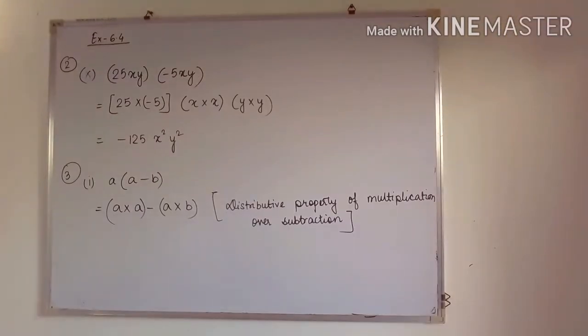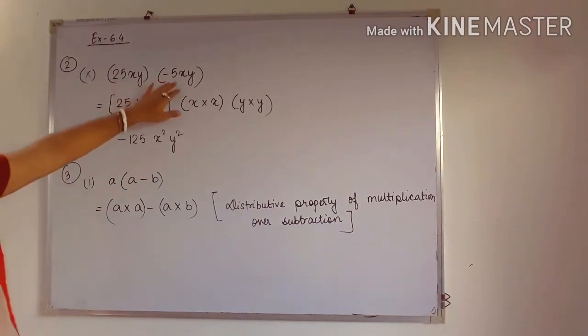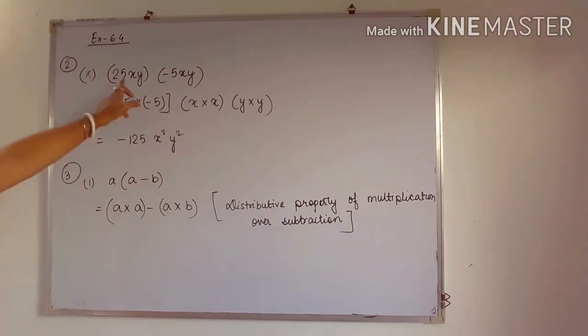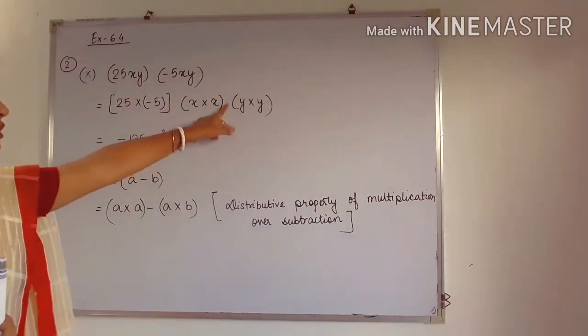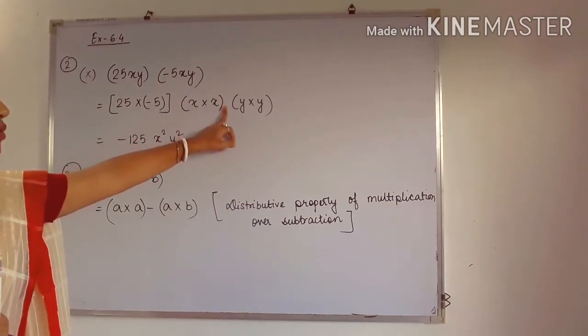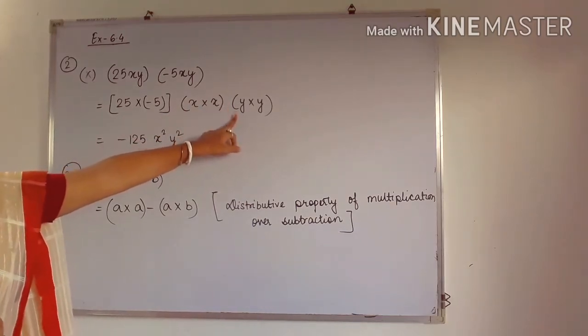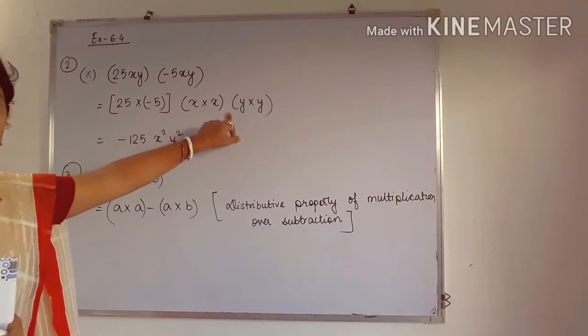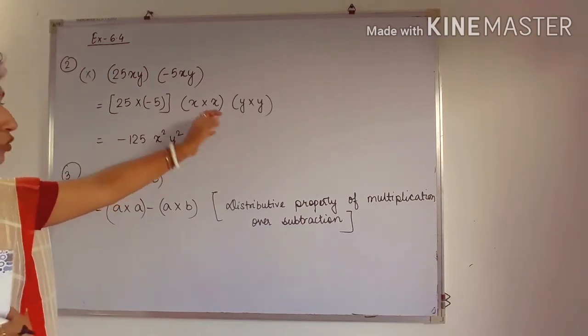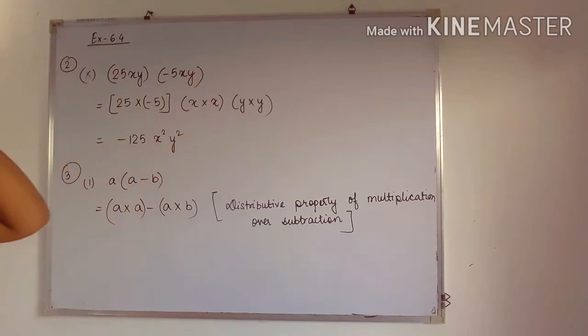So next is same question number 10 I am doing. See here again I have to collect the constant terms. So 25 into minus 5, then x into x will be in second bracket, then third y into y. No need to write anything. You can write multiplication after finishing one bracket and before starting one bracket. You can place multiplication symbol or don't write anything. Okay, the meaning of don't write anything is multiplication. Okay, you have to remember this.